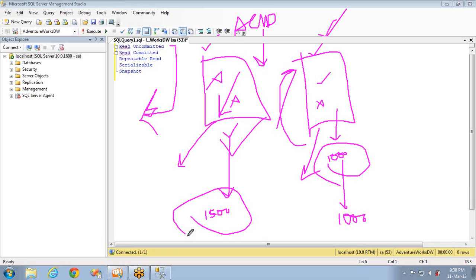So if you observe, this read uncommitted will not be of any help to you. It won't consider any locks that are present. It will just read whatever data is present in the table and display it. So this particular isolation level does not solve any of your concurrency problems except the first one, that is lost updates. Apart from that, it won't help you in avoiding dirty reads, non-repeatable reads, or phantom reads. It won't help you at any point.